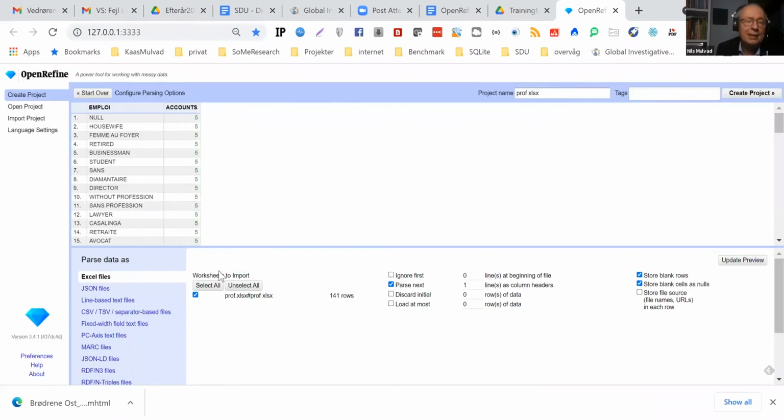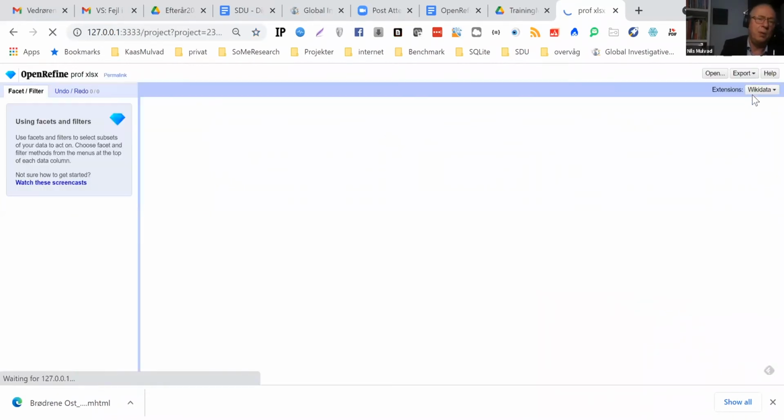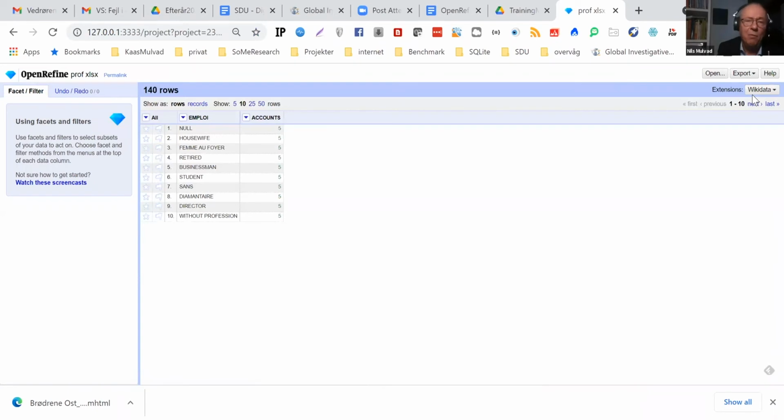It hasn't actually imported it yet, but it shows me a view of the data, and I have to click over here to create the project. And now it's actually opening the file once more and creating a project. And I only see a very little part of the data in the left corner. And what we see here is a file with